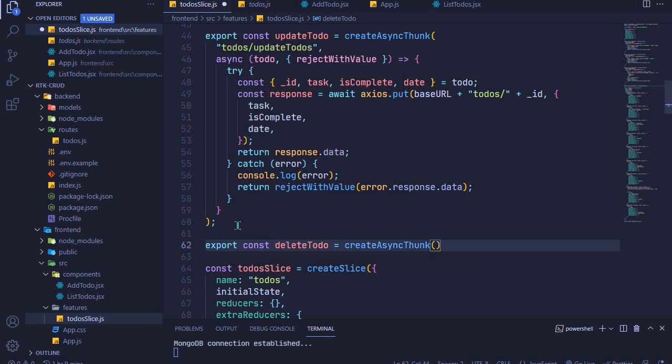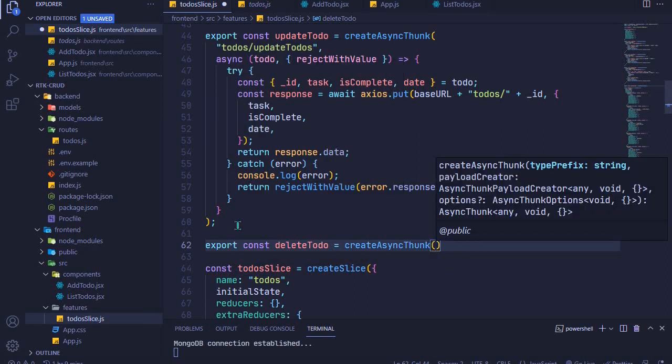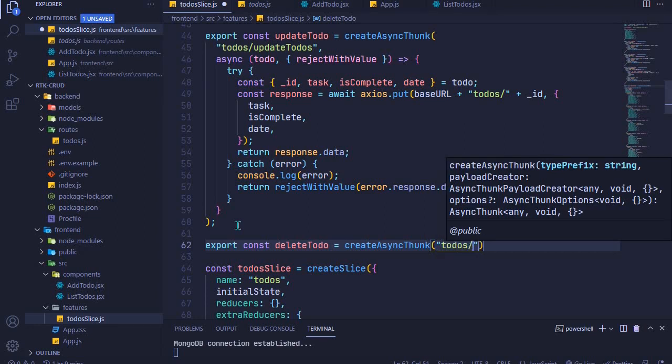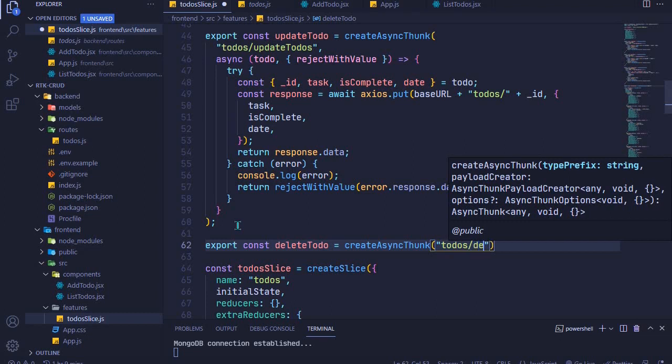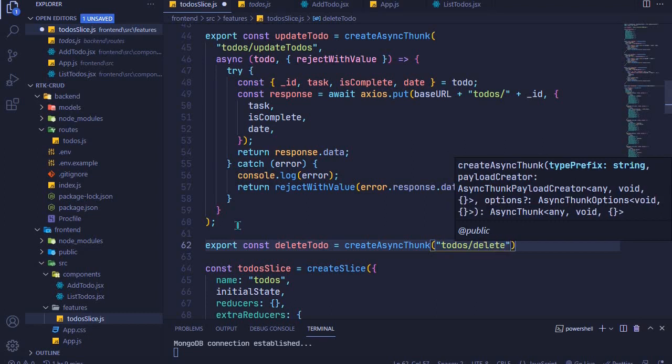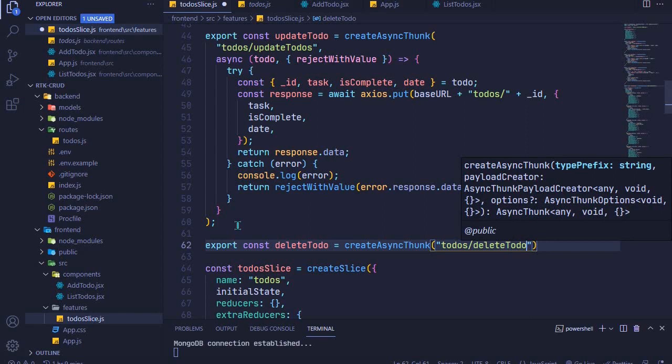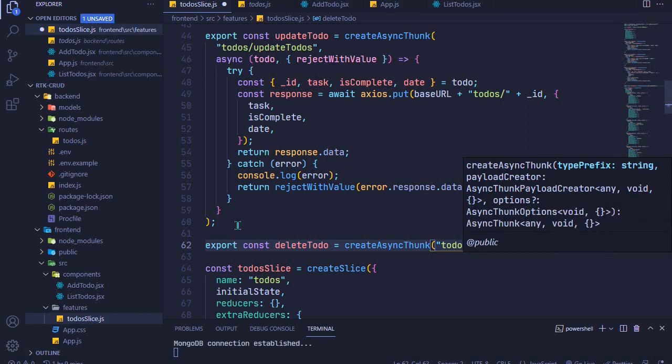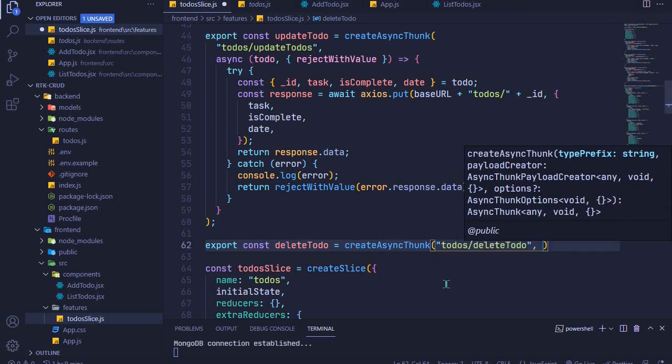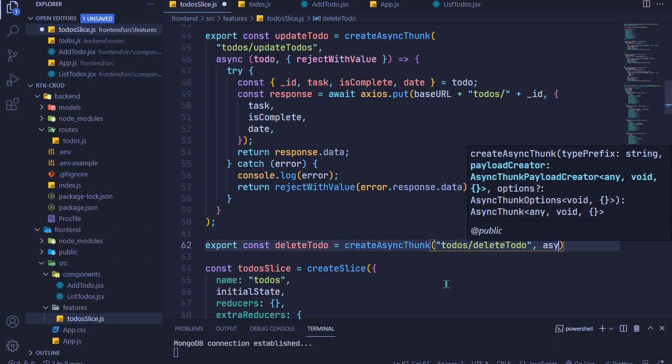We invoke it, and the first parameter is the action type. So the action type right here will be to-dos slash delete to-do, and then the second parameter will be an async function, which is also our payload creator. So right here we'll say async,